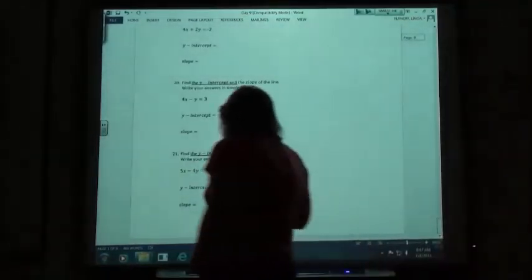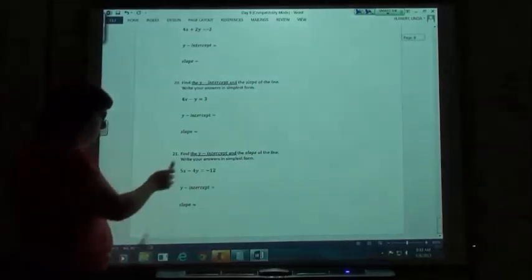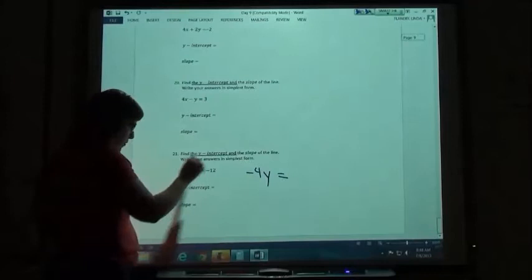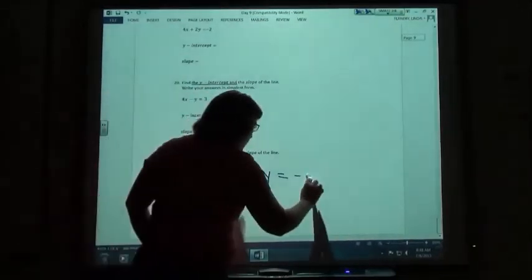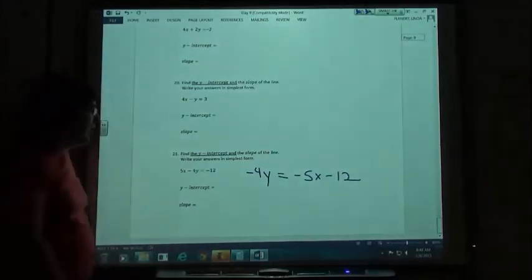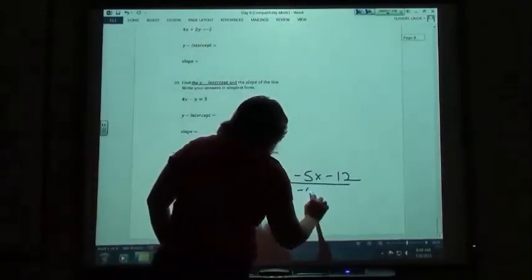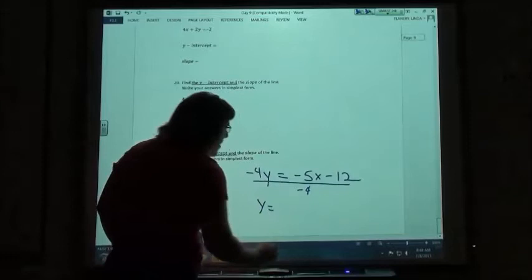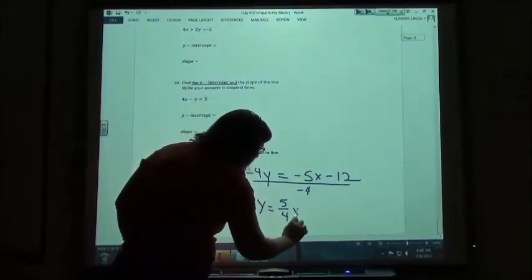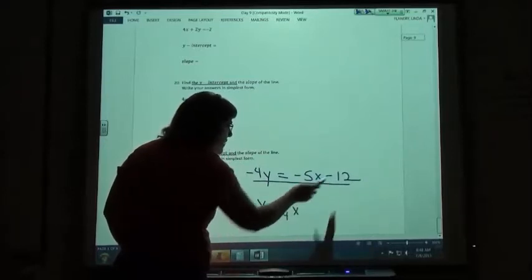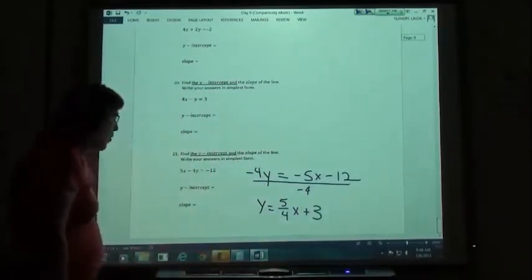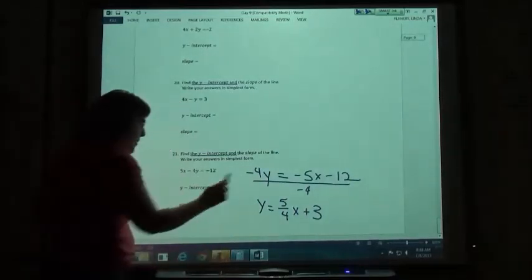And number 21, same thing. I want to solve this one. I'm going to have negative 4y equals, I'm going to move my 5x to the other side, so negative 5x minus 12. I'm then going to divide everything by negative 4. So y is going to equal, negative over a negative is going to make that a 5/4 x. Negative over a negative, negative 12 divided by negative 4, positive 3. So my y-intercept is 3, my slope